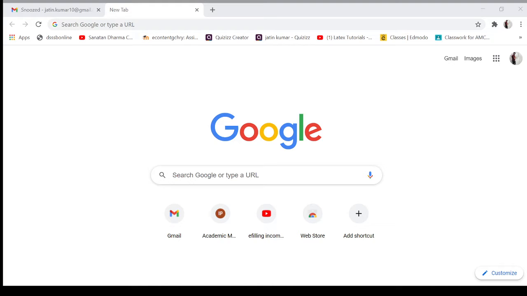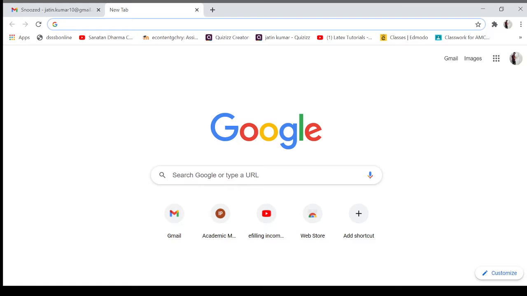Google Classroom is a free web service developed by Google. Its primary purpose is sharing files between the teacher and the students. Like an offline classroom, it is a virtual classroom where you can invite your students through their emails or through the class code. So let us see how it works.